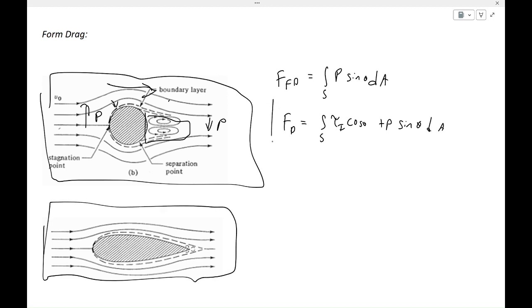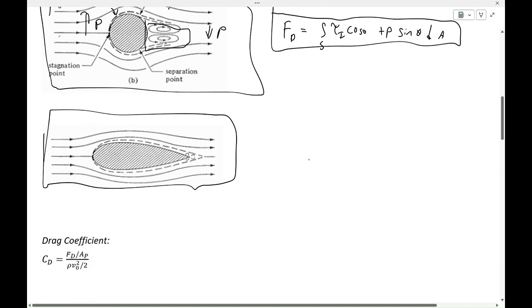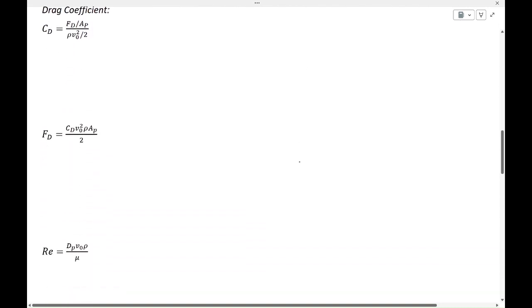Now, this equation right here is actually not very useful in the real world. It's nice to look at to understand the concepts. However, it's very hard to isolate those individual components in the real world. So what we do is we generalize and compact everything into a coefficient that we find experimentally. So our drag coefficient up here is equal to the drag force times the reference area. The reference area depends on the object, but in the case of a sphere, which we'll be looking at for the rest of my section, it is equal to the